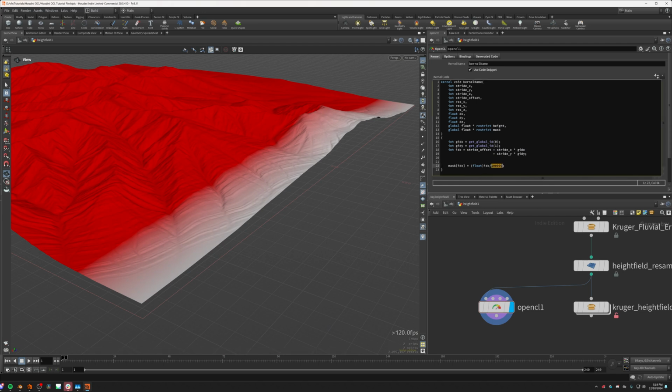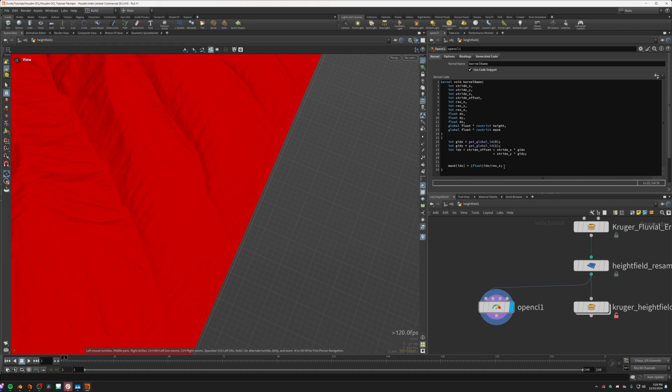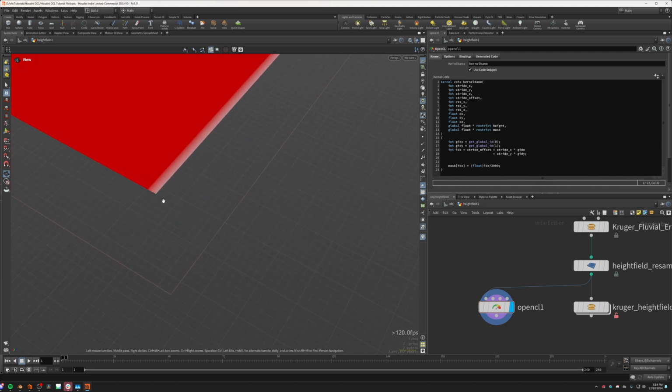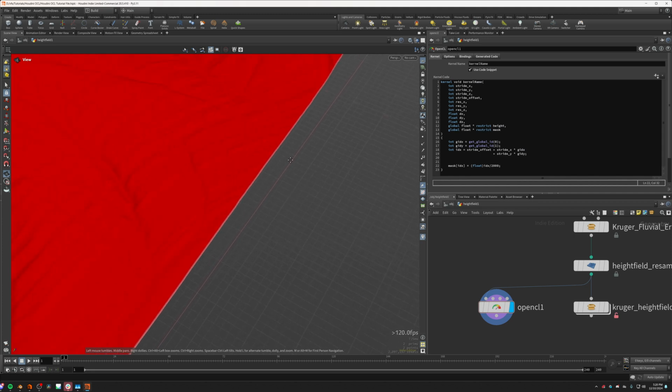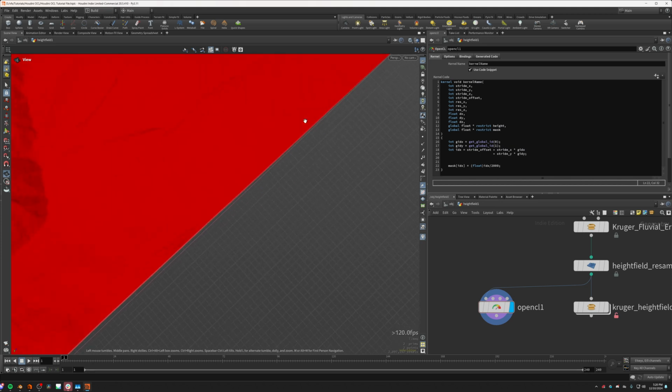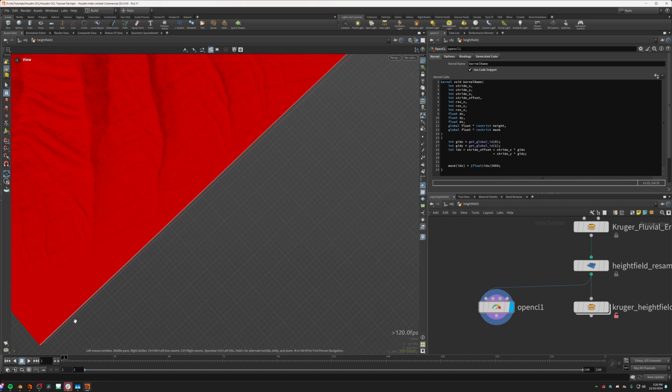If I change this down to like 1,000, or even better, if I do one of the resolutions, so res X. Actually, let's just do 2,000. I'll get into that in a second, why it's all red there. So you can see this single row of voxels starts off at a wider value, so this mask isn't quite 1. But as we move over, it gets darker and darker, deeper and deeper red until it's pretty much exactly 1 at this end. So you can see how that IDX is changing as it goes through the rows,